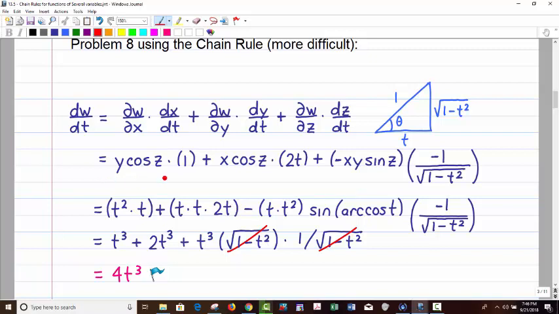Now, once you get that part done, it does kind of clean up quite nicely, and you end up working your way into t cubed plus 2t cubed plus t cubed, which is 4t cubed, which is the same answer we got doing it by the substitution method. But I definitely think the substitution method was much, much better there. All right, so